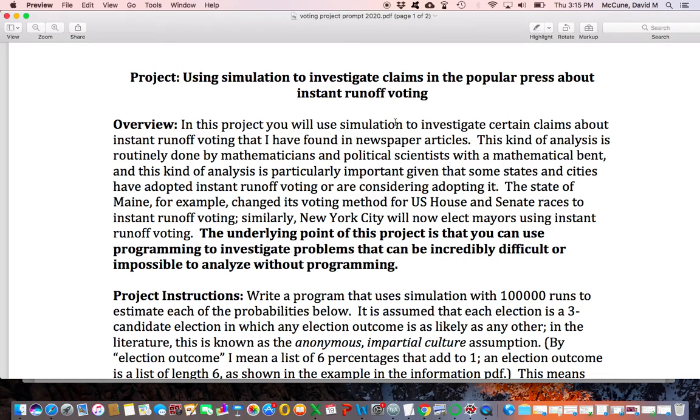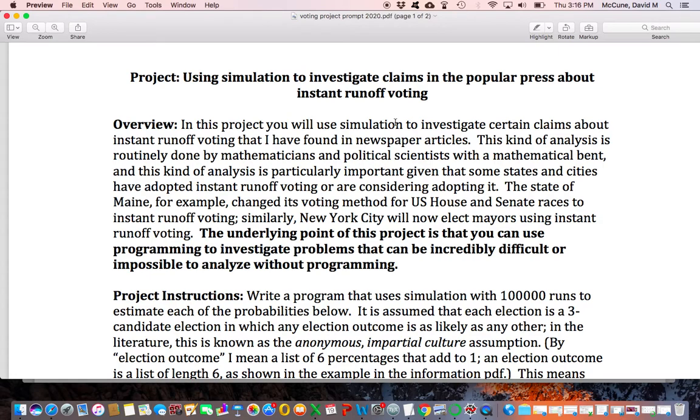As we've done plenty of times before, the example that comes to my mind is Chuck-a-Luck. Some of you did a bonus question where you investigated win probabilities in craps, but we've used this technique before. You make the code run 100,000 times or 1,000,000 times or whatever and just get sort of a hit rate for what you are interested in. You're going to do it in this project involving instant runoff voting and plurality, these two voting methods from the